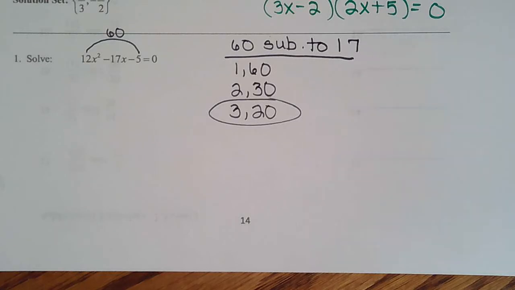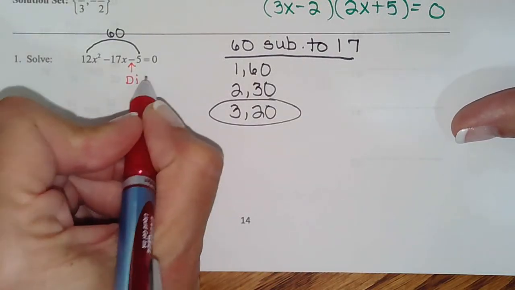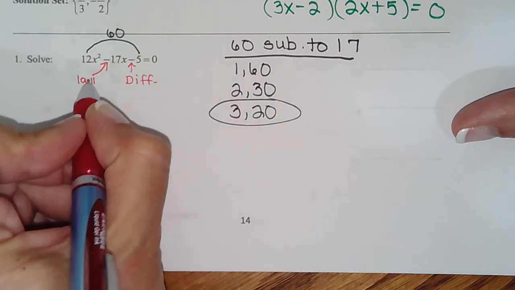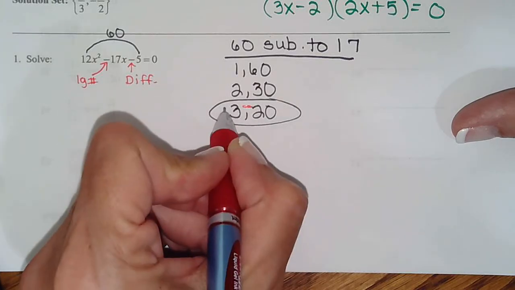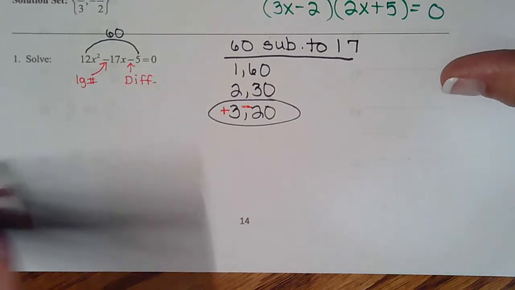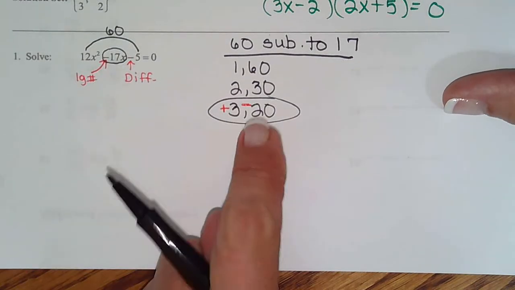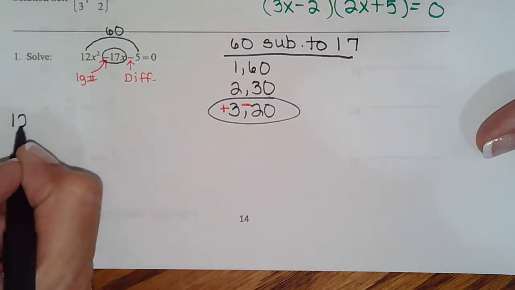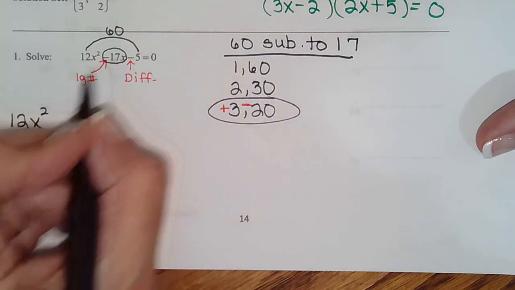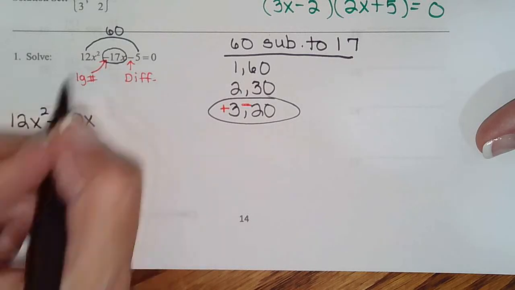Now we have to deal with the signs. So this says the signs are different. And this says the larger number needs to be negative. So I go over here, larger negative, smaller positive. And then I take that middle term out and replace it with those two, listing the negative one first. So 12x squared minus 20, use that variable, x, plus 3x